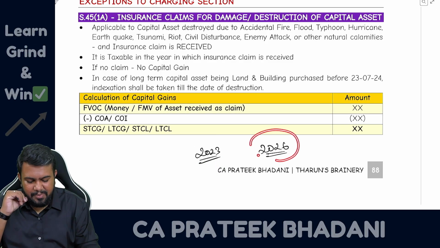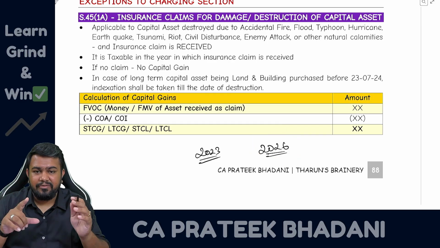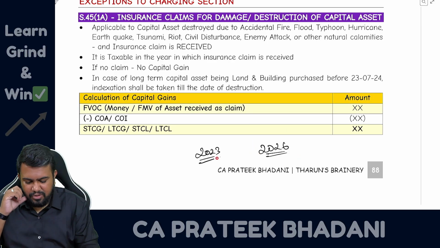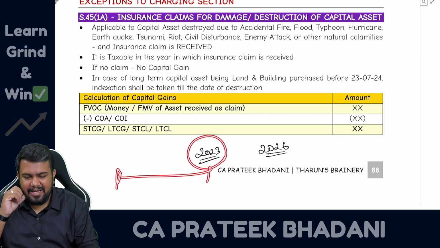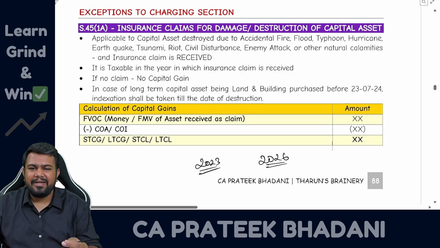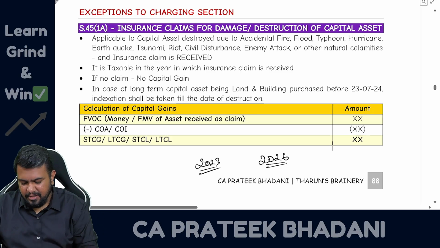The tax will be paid in 2026 only. However, till the date of destruction only you have to do the indexation. So till 2023 only indexation has to be done. You get my point? So now whenever you are calculating the capital gain, in the computation, while writing the full